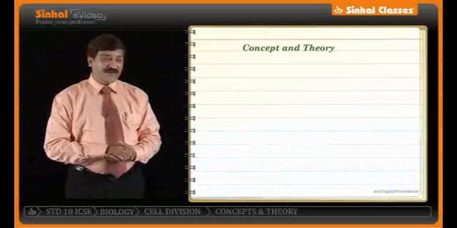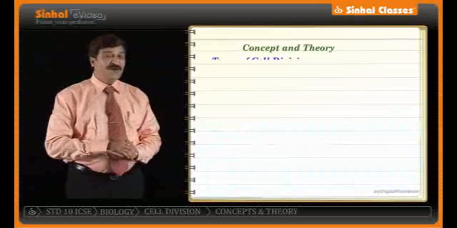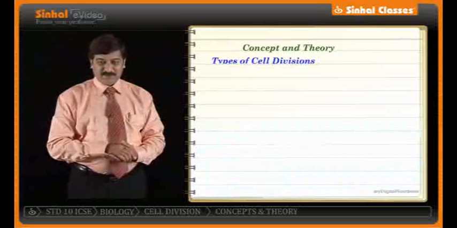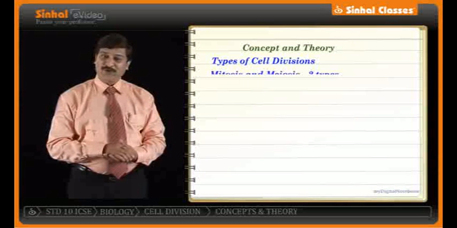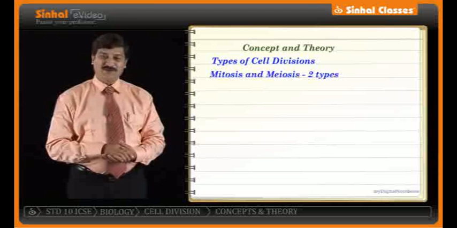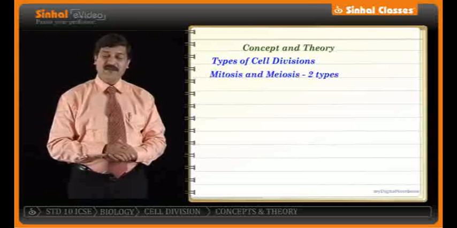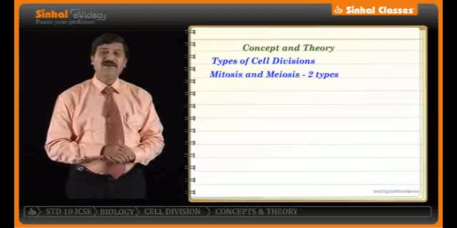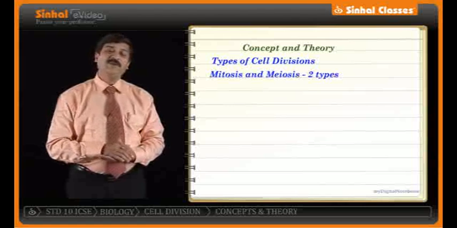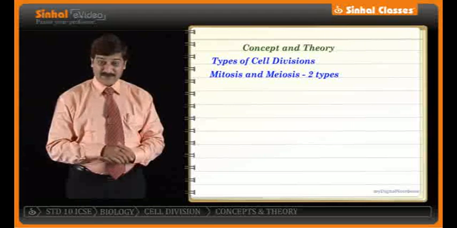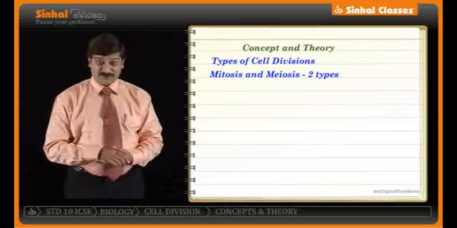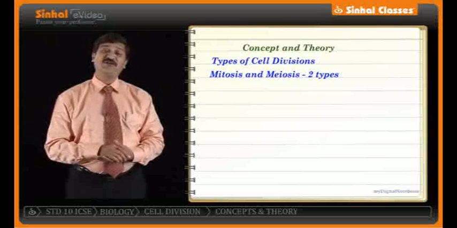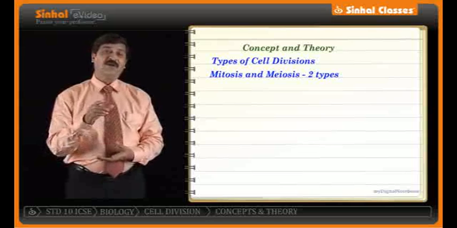Under this heading, we'll take into account the first point, which is like this. The types of cell divisions that we have to study: the first one is mitosis, and the second one is meiosis. Even before we proceed with mitosis and meiosis, let us take into account the definition of mitosis and the definition of meiosis. On the monitor,